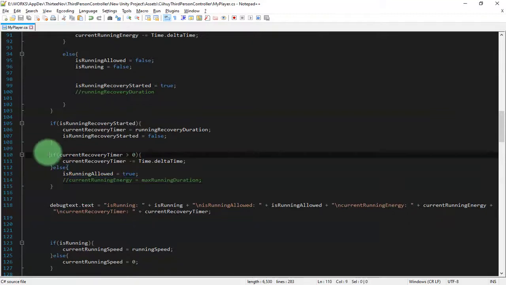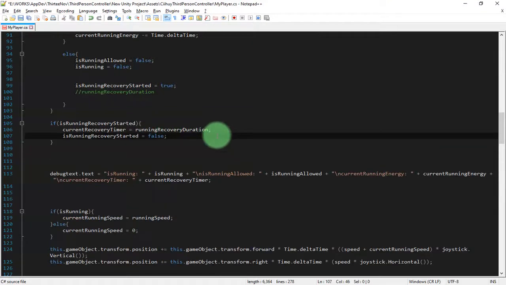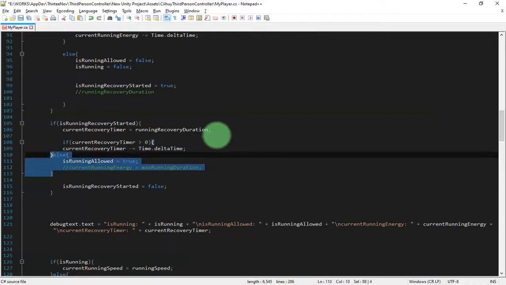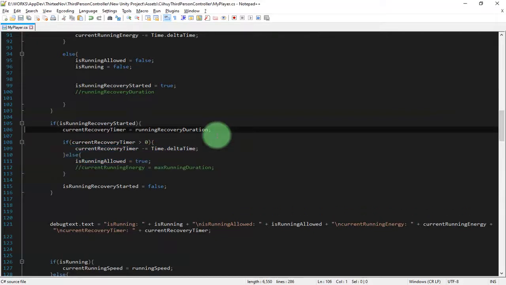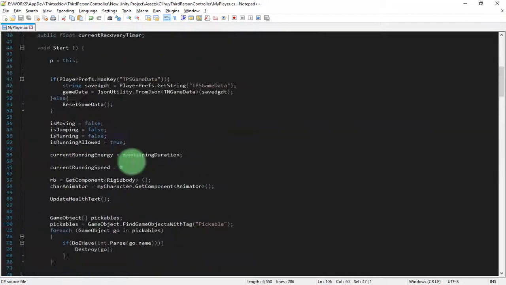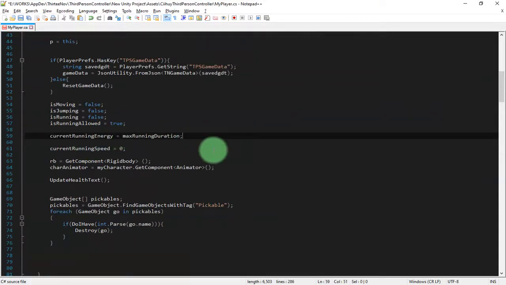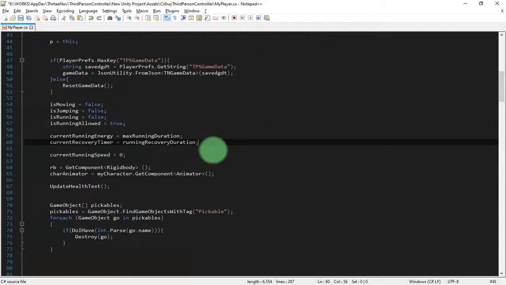I think I need to move it here. And then current recovery timer, do I have it here? Okay, let me initiate the value of current recovery timer here on the start.